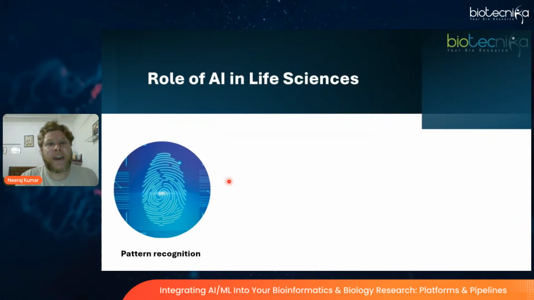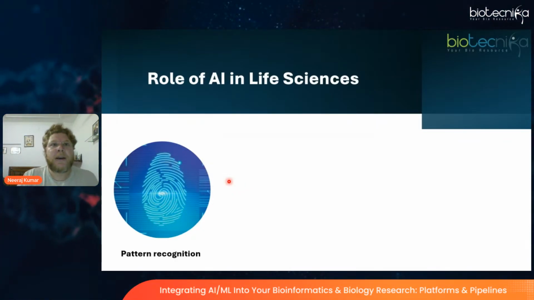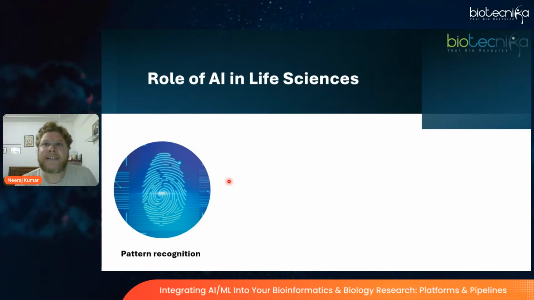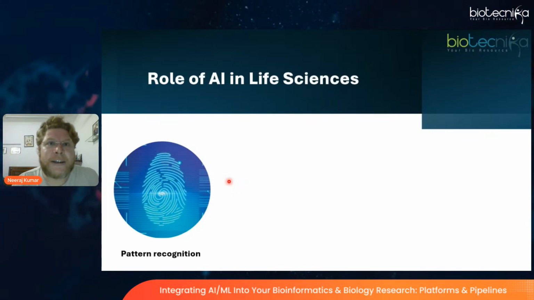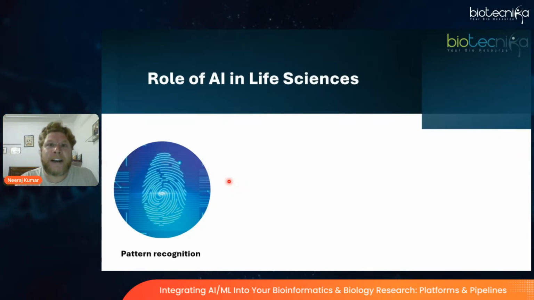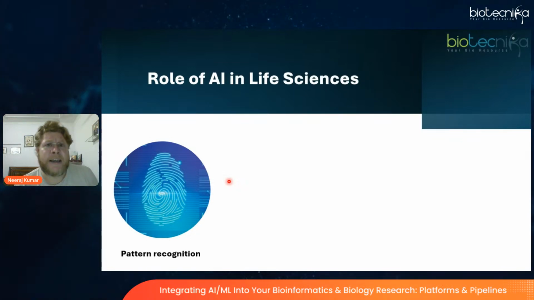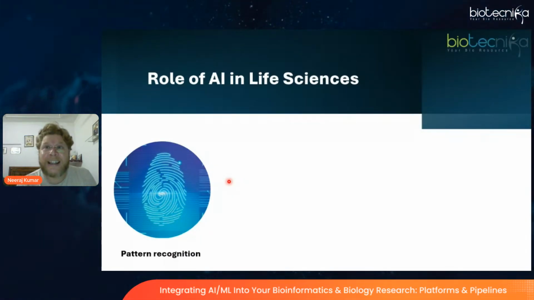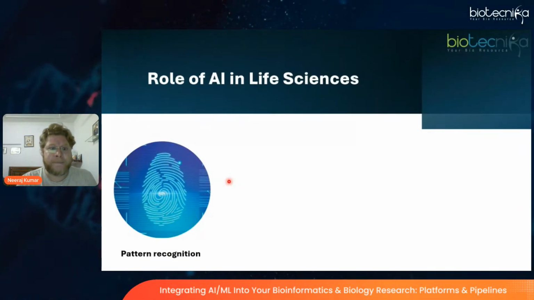So what are the roles of AI or ML in life sciences? First of all, pattern recognition. AI has an ability to recognize patterns, which is crucial in life sciences, as it can sift through huge data sets to find relationships that would be invisible to human eyes. For example, in genomics it tries to identify the genetic patterns linked to disease. And in drug discovery, it tries to find new molecules as well as compounds that could be effective drug candidates for a specific target under study, right?